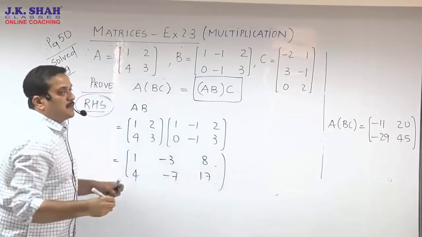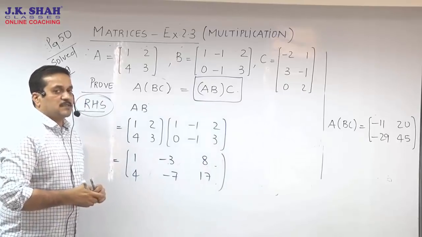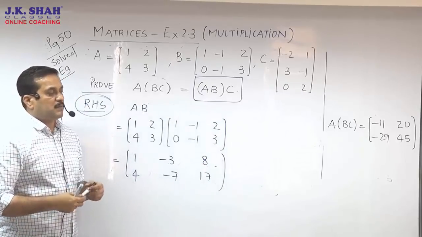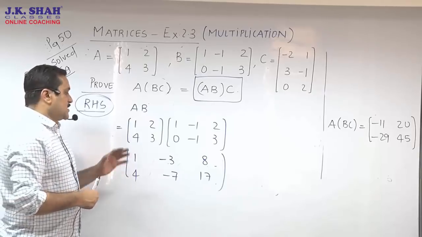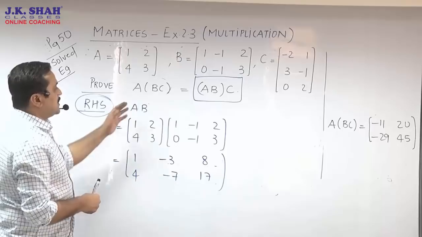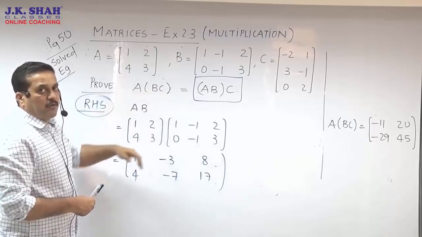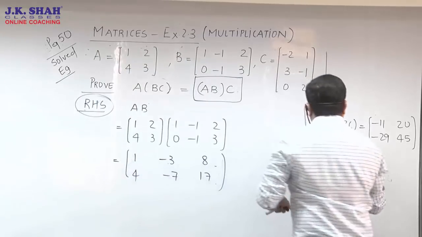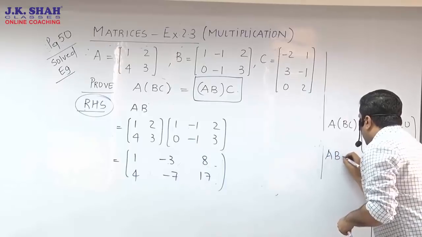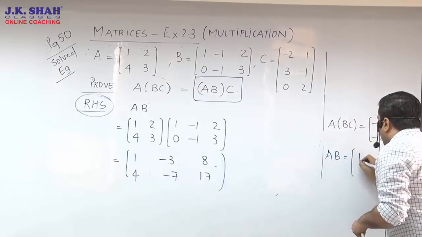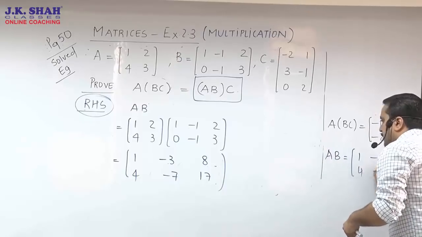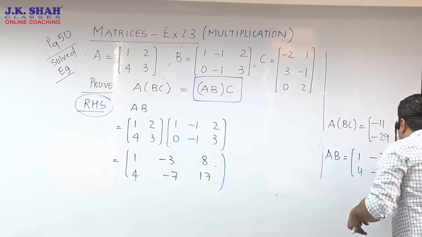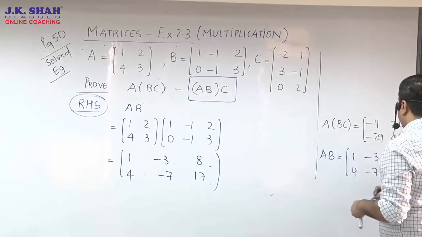I do understand by now if you have strictly followed the instruction and you have started solving multiplication ke itne sums, your answer must be matching. So I'll just shift my answer of AB over there so that we can then work out AB into C over here. So I'll copy my AB ka answer on this side. You need not do that because you have to follow vertical in your book. I just need space over there to finish off my next part of the solution.